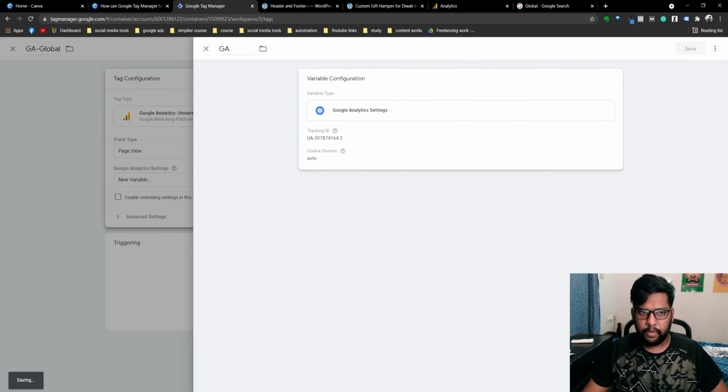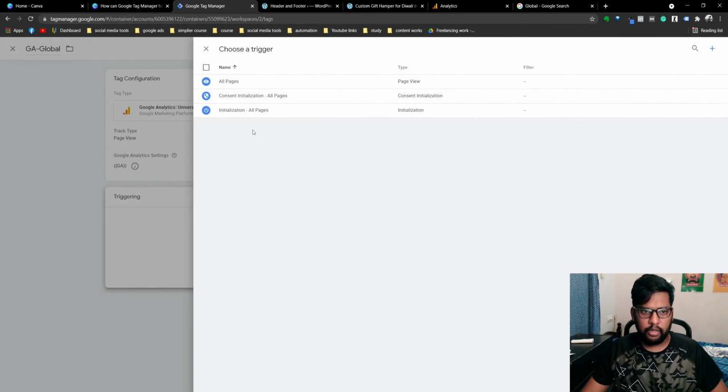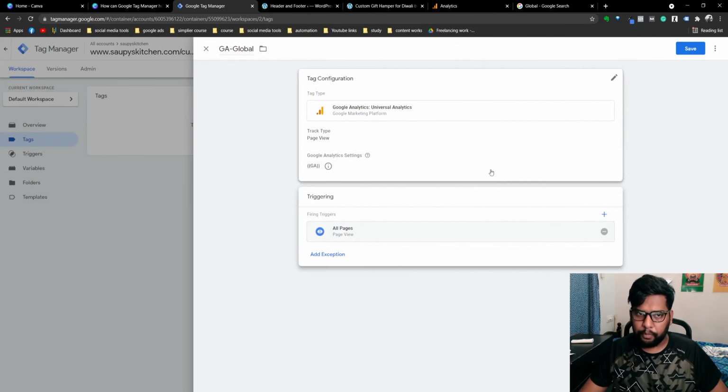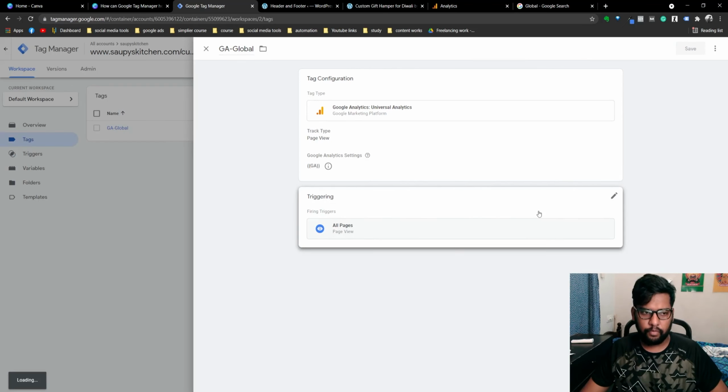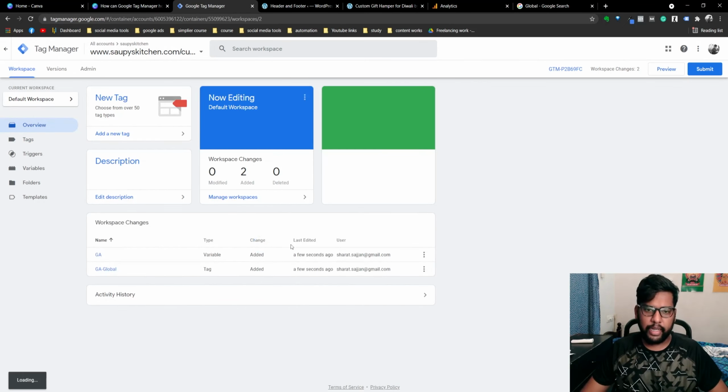Once it is saved, put a trigger all page. So this is a home page, so we're putting all page, save. Okay, so what we did right now, we connected our Google Analytics to Google Tag Manager.